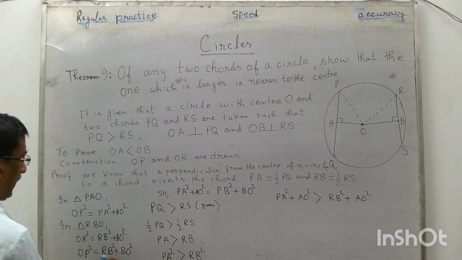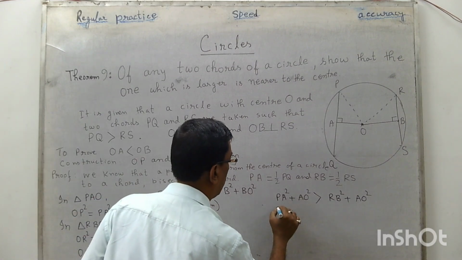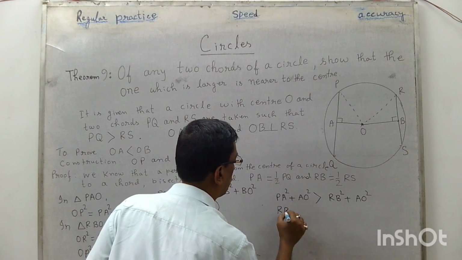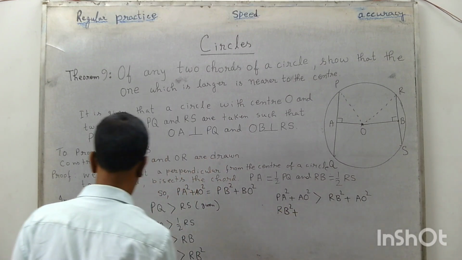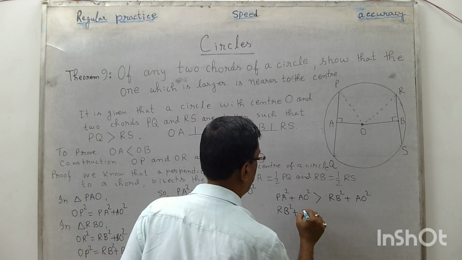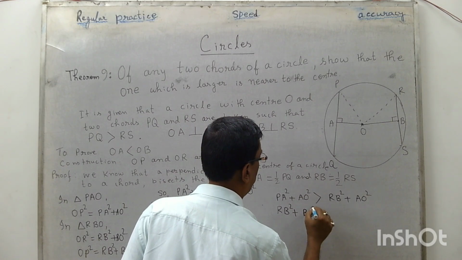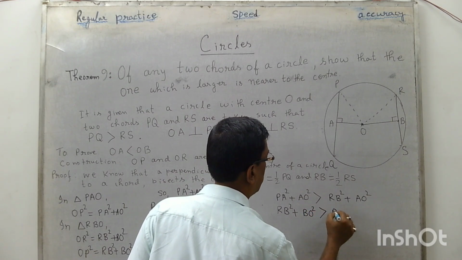So we can write this: RB square plus BO square is greater than RB square